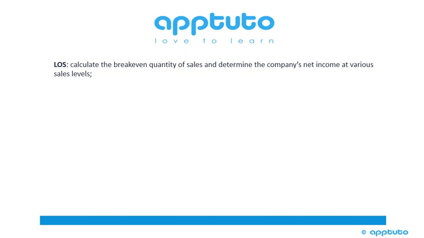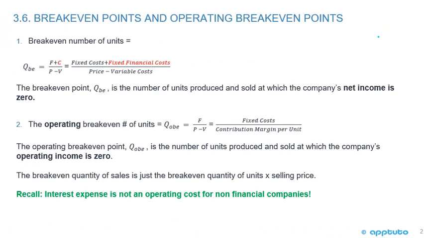This LOS is to calculate the break-even quantity of sales and determine the company's net income at various sales levels. Okay, this is a really important LOS where you have to pay close attention, because if you've studied managerial accounting before, you'd say, oh yeah, the break-even, that's our fixed cost divided by our contribution margin per unit. Everyone knows the break-even, but when we get into the CFA reading, the normal formula that you're probably